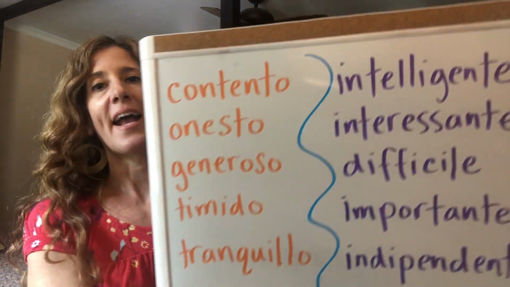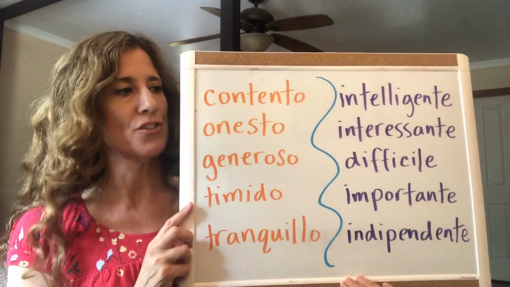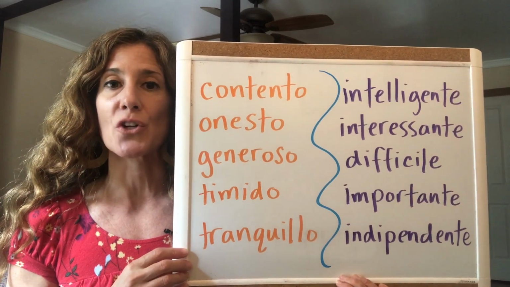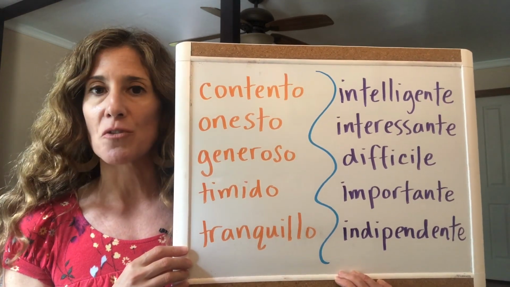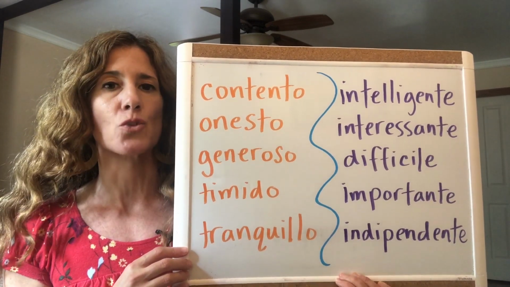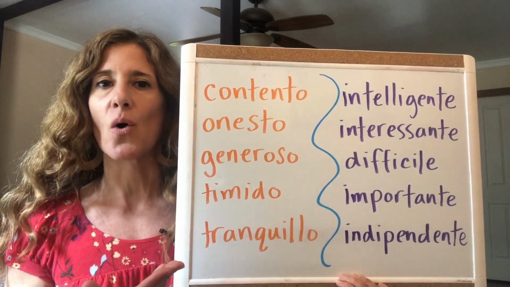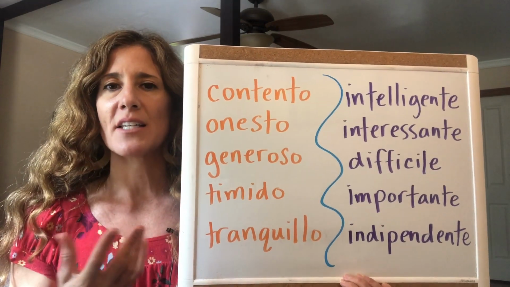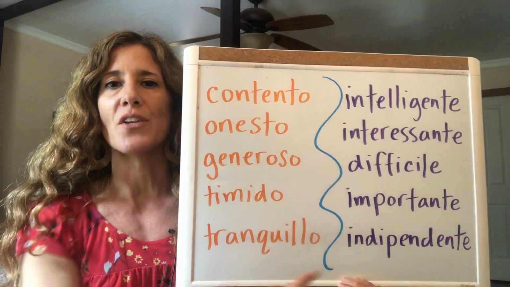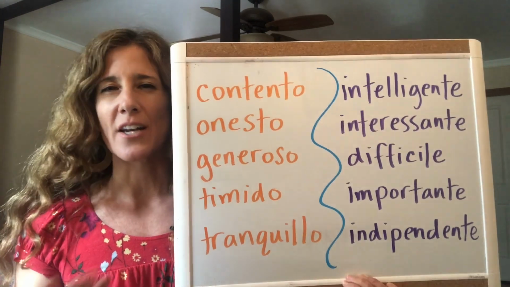So what I want to do first of all is show you a list of adjectives, okay, that I wrote down on my handy little whiteboard here. I wrote these down because these are cognate adjectives. These are adjectives that are similar to the words in English. And I've said this before, but in Italian there are many cognates, many similar words to the English word. So you can already tell what these mean just by looking at them. And I divided them into two categories. Notice this first category, they all end in O, and the second category, they all end in E. And I'll talk about that in a minute.